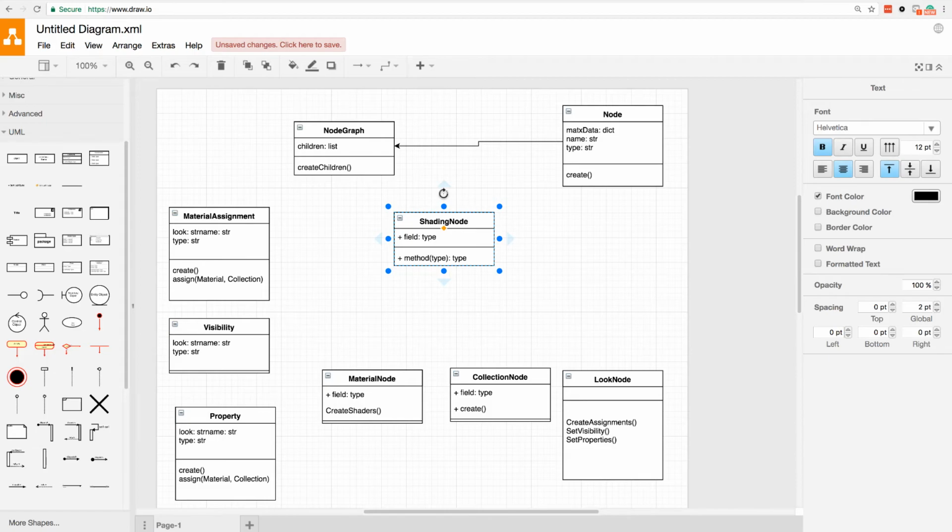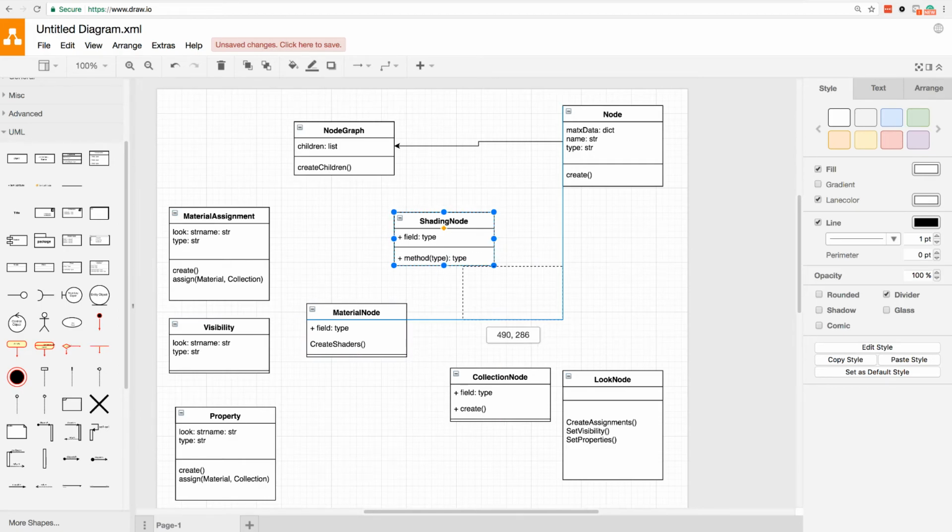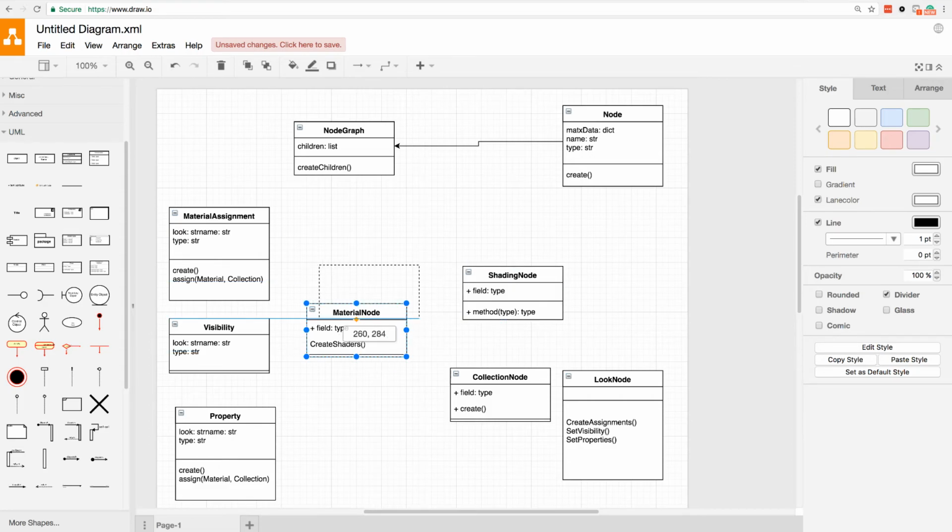So that's its purpose. And it's only going to be used for those kinds of nodes. So for example, a material node has a create shaders, and chances are the create shaders is going to be used in the shading node in the future. Right, so we have shading node.